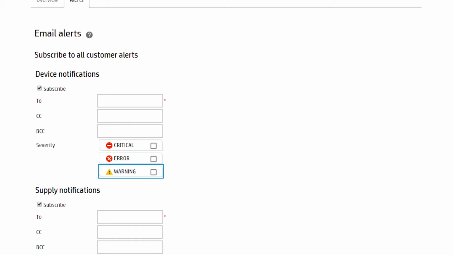Finally, there are warning alerts. These alerts represent the lowest level of severity. One example of a warning alert is when the printer has been offline for 3 days and has not been reporting data to HP PartnerLink. If this happens, the reseller may want to call the client to see if there have been any issues with the printer connection. Based on this, you can now decide which type of alerts you want to receive.